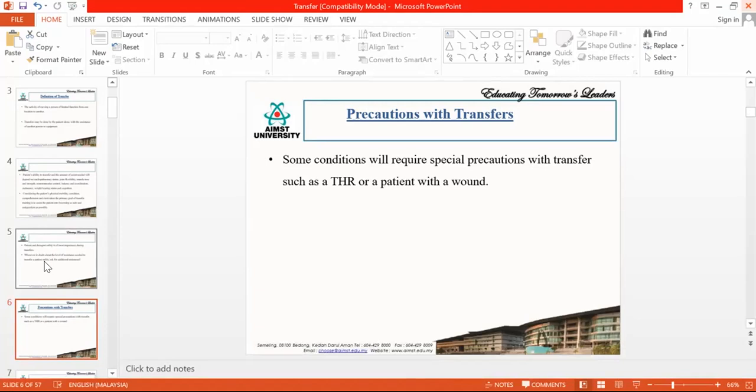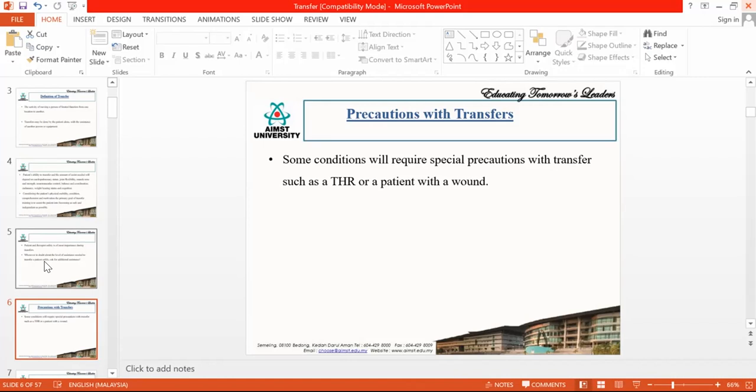If he has undergone a cardiac surgery, how to transfer the person, what are the precautions you have to take, how to transfer the patient without damaging the suture site or the surgical site. Then if the person has undergone any musculoskeletal problem regarding a joint, like THR or any other joint replacement, whether there is any special consideration related to the position of the limbs. All these things you have to know before deciding upon the transferring.